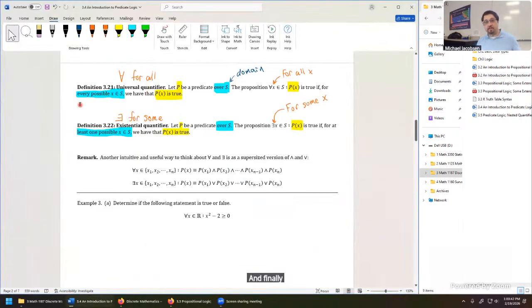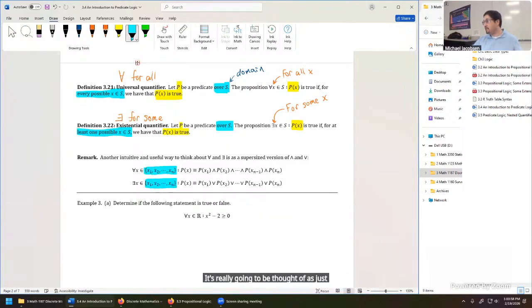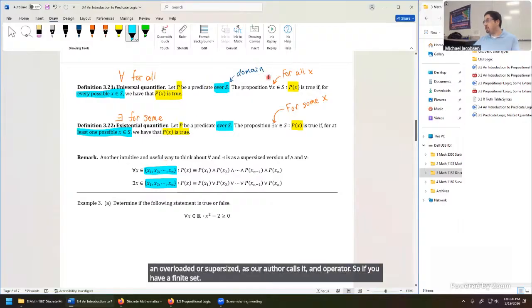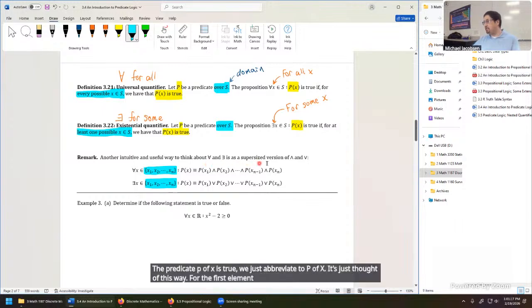And finally, we got to the universal and existential quantifiers, but we didn't have a chance to actually put them into play. We mostly talked about the analogy of the universal quantifier. If you have a finite set for the domain of discourse S, it's really going to be thought of as just being an overloaded or supersized, as our author calls it, AND operator. So if you have a finite set, then the statement for all x in S, the predicate P of x is true, which we just abbreviate to P of x, is just thought of this way. For the first element and for the second element and so on,